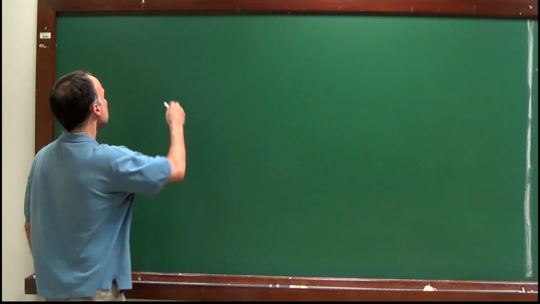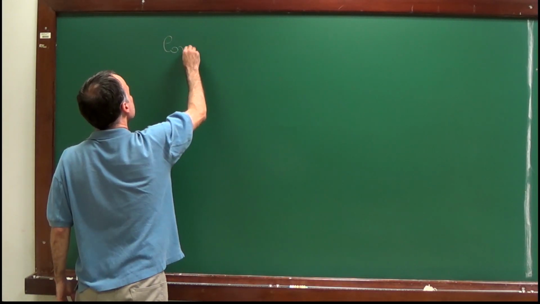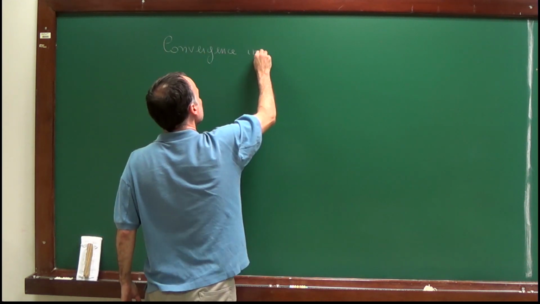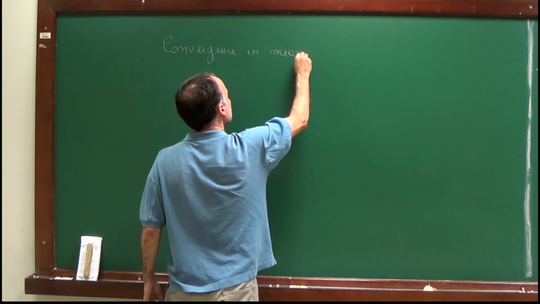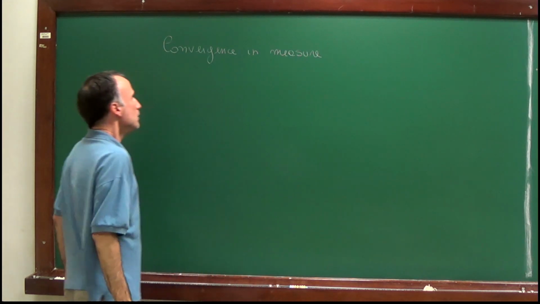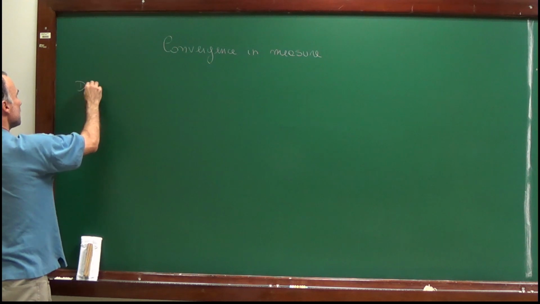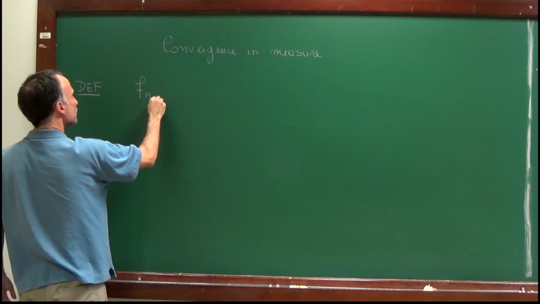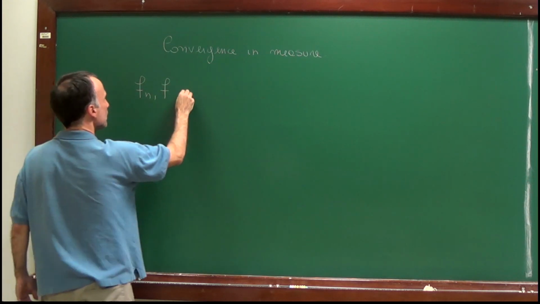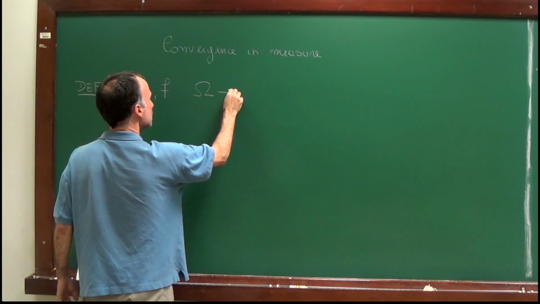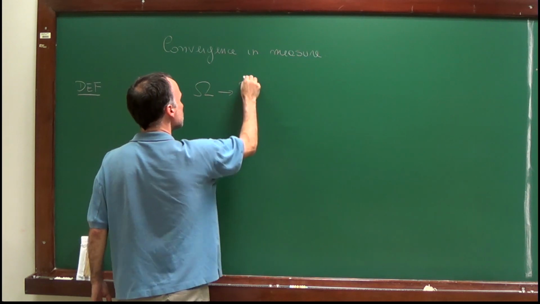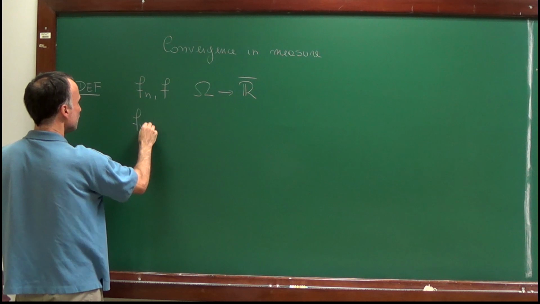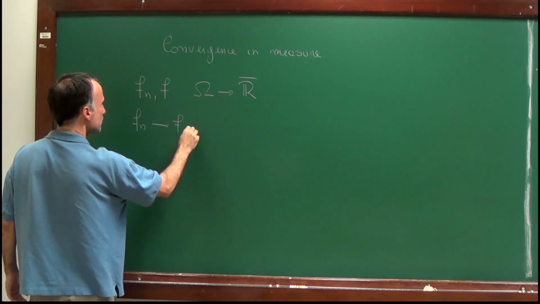So in this lecture, I will speak about convergence in measure. Let us start with the definition. We remember we have a sequence f_n and a function f defined on some measurable space and taking values in the extended line. I will say that f_n converges to f in measure